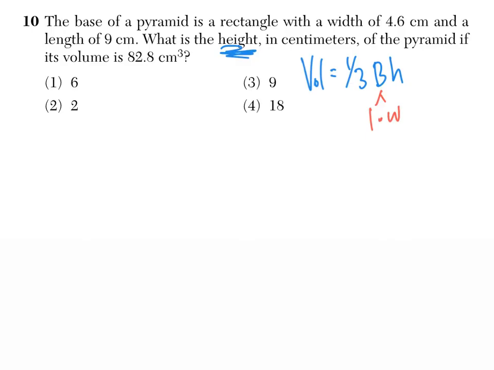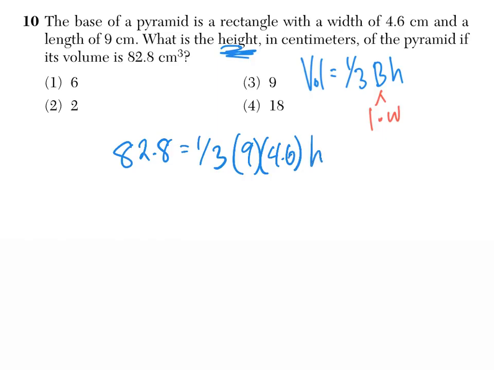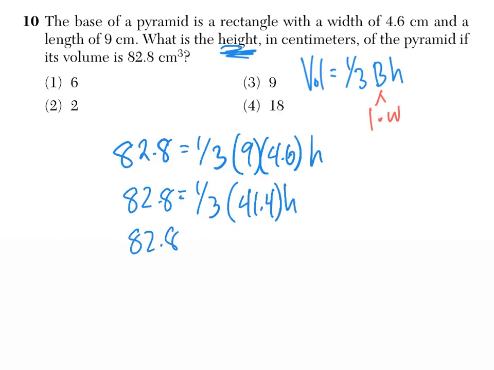So the first thing that we're going to do is plug in for volume: 82.8 equals 1/3. And then the length is 9, the width is 4.6, times the height. So when we take out our handy dandy calculator, we know that 9 times 4.6 is going to give us 41.4. And then when we multiply 41.4 times 1/3, that's going to give us